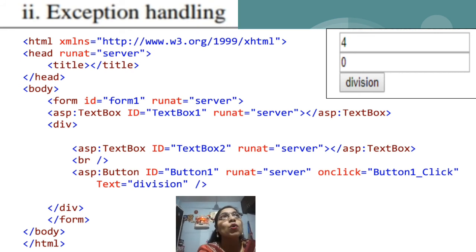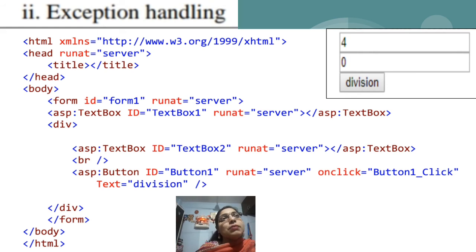Basically the code which we assume will create the exception, that particular code we write in the try block, and the catch block is totally responsible for catching the exception which is thrown by the try block. This is the reason why immediately after closing the try block, the catch block should be present. So this is the basic concept of exception handling. We have inbuilt exception classes also, IOException, DivideByZeroException, and now in this program we are going to use the user defined exception.